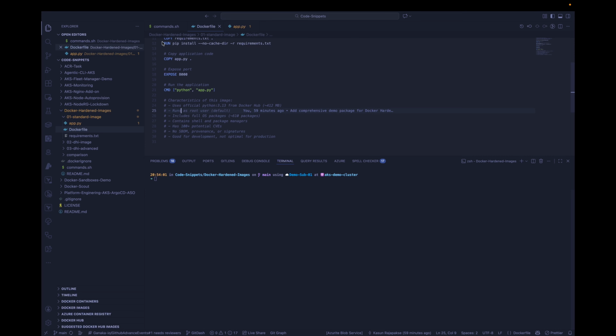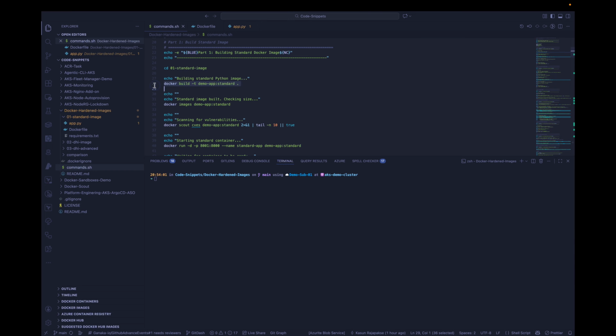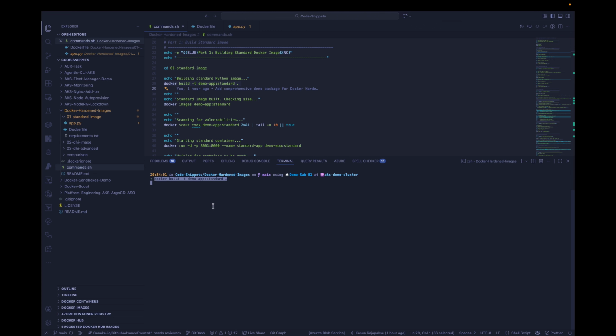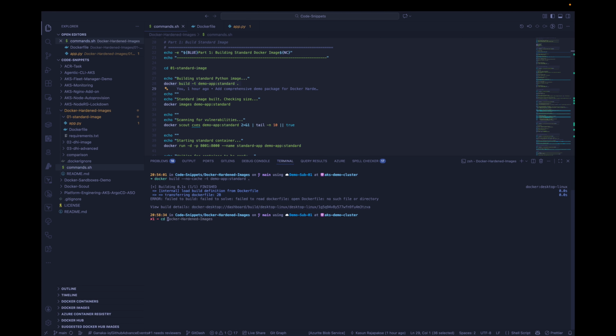So first we will build this image, right? So I will copy the command, then I will run it. I'm going to run with --no-cache, right? Because I want to show you how it's going to happen, because before I recorded this demo I already ran it, so it would take it from the cache. So if you put no cache, it is going to get it fresh. Okay, so I'm in the wrong directory, so